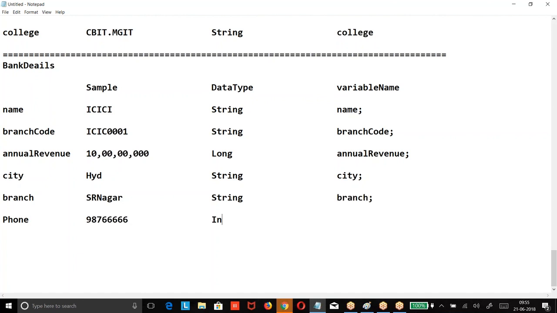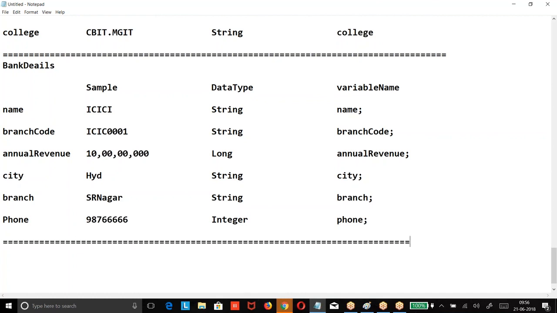Now it is going to be what? Previously, phone number was a string because I had different formats. So identify the data, accordingly create the data type. Data type is not decided based on this; data type is decided based on sample data.